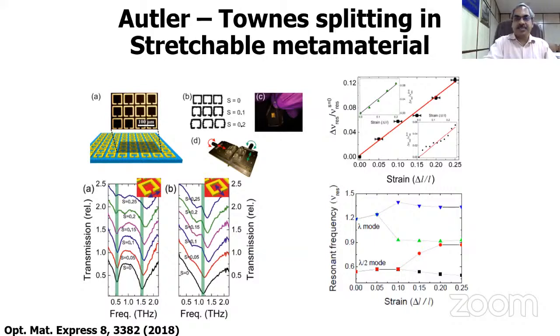So another example is a stretchable metamaterial. What we did is these patterns are made on a substrate, and then we deposit a long chain polymer known as MPTMS, the mercapto something, which has a thiol which attaches to the gold very strongly. Once, for example, a PDMS, a flexible polymer film, is put on top of this with MPTMS on top, we can peel off this pattern onto the PDMS, and when we stretch it, the size and shape of these unit